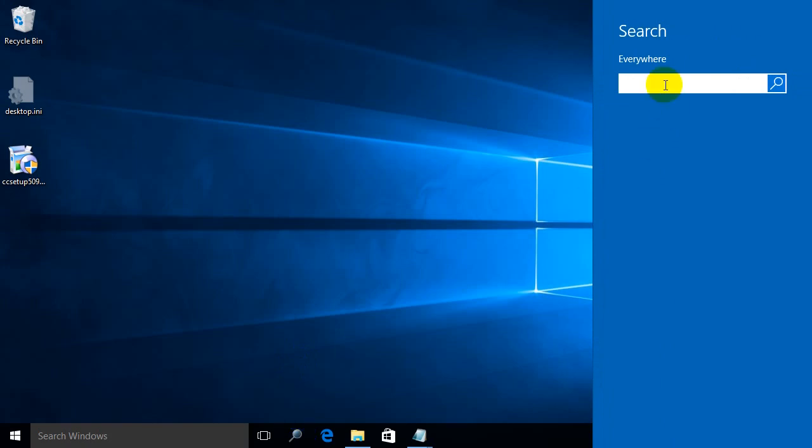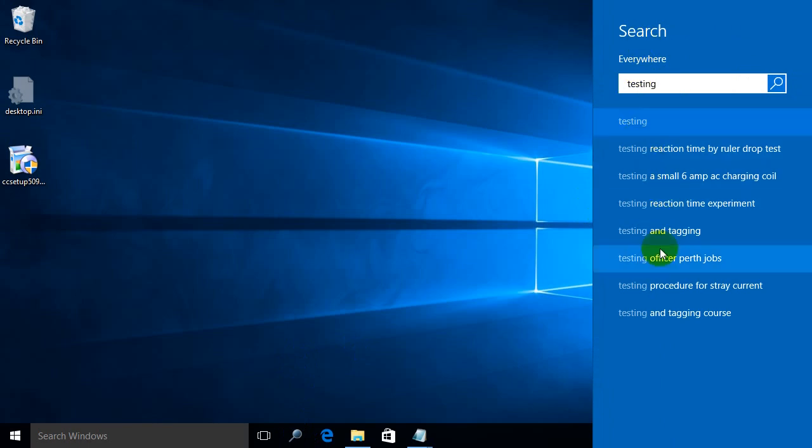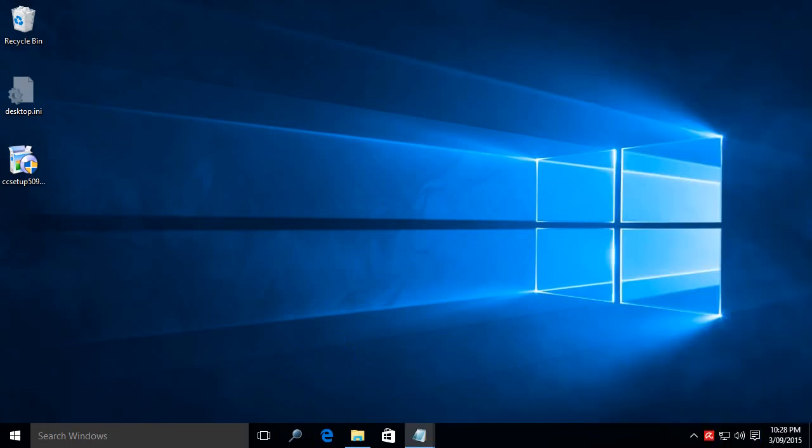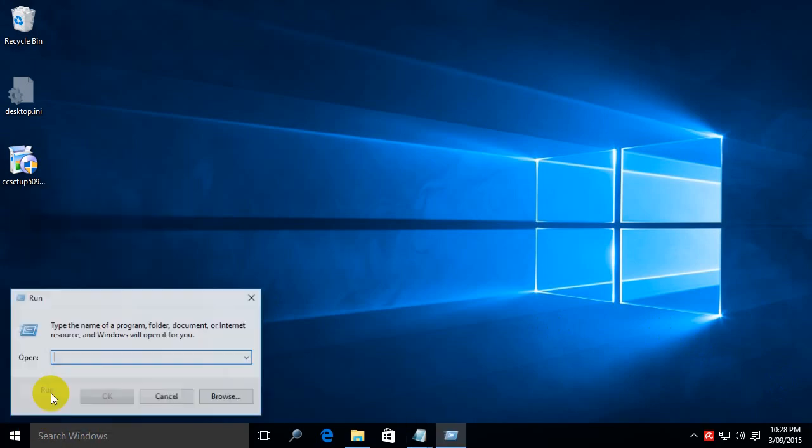Back to what I was saying. If you do any sort of search in the Search Everywhere, it's going to bring back these Bing search results, which I don't like. So, what we want to do is turn off that Bing search tool. We need to create a registry entry for this to occur. So let's start up regedit